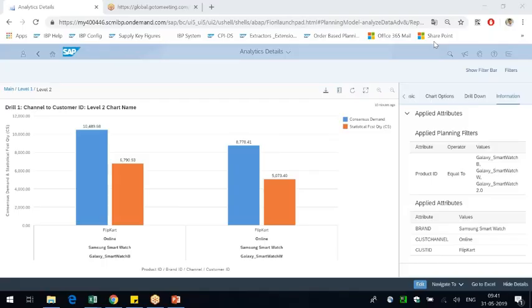Okay, yeah, the sequence is there. As time passes by, I'm about to share it with you guys. The sequence is this: first we have to do the demand planning. It's not a hard and fast rule that we have to go with this flow. Even in implementations, if the client wants to just implement demand planning, he can do it. If he wants just inventory optimization, he can just run the inventory optimization.